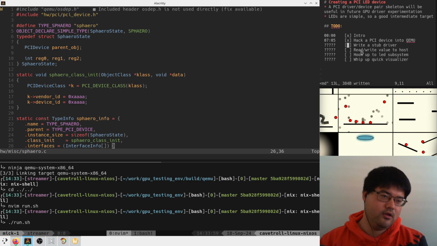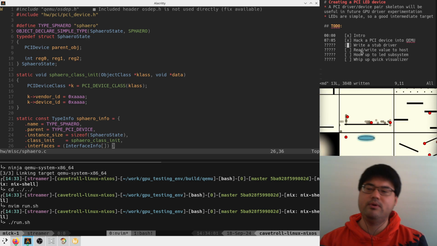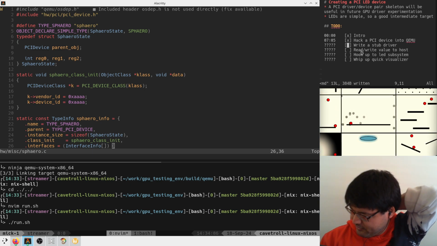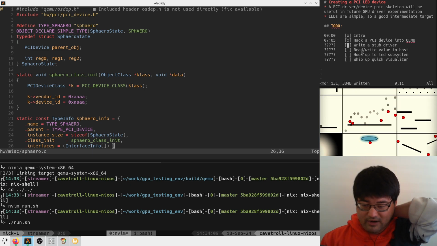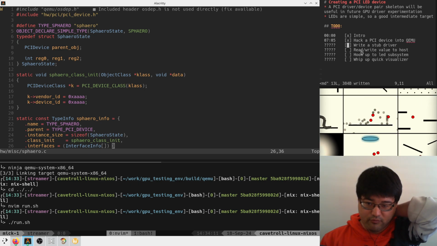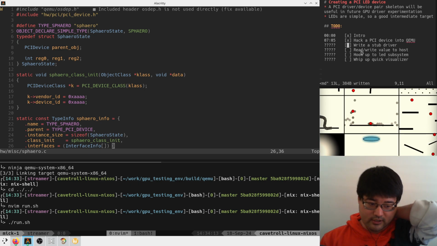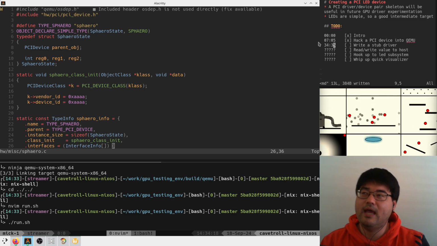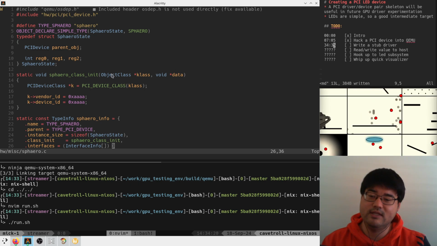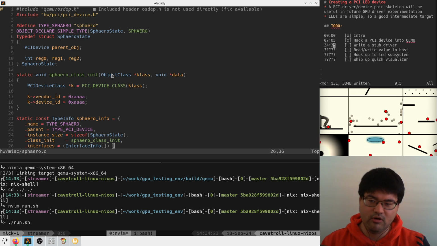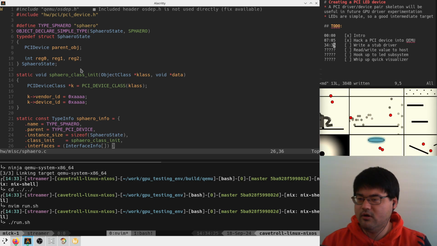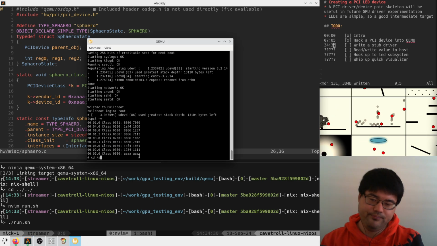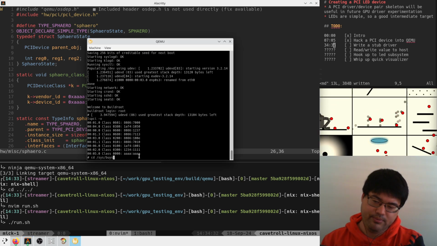Okay, so I think the next thing I want to do here is, before we start getting crazy, let me think for a second. I think that I want to make a driver that instantiates itself when it sees this thing in the Linux kernel. I think that's the next step. Because once we have that, then we can start poking and prodding this thing a little bit more in a more advanced way. But I don't really know how to access it. I guess we could look at sys bus